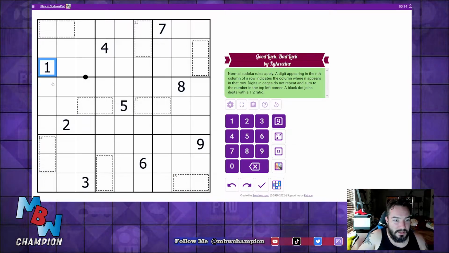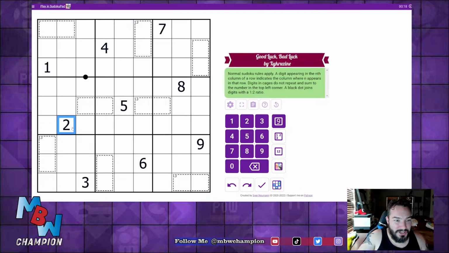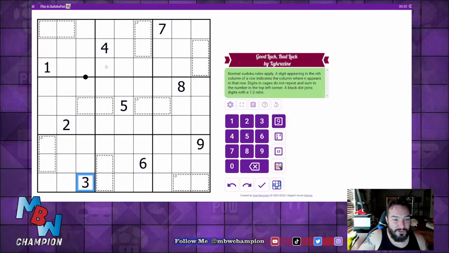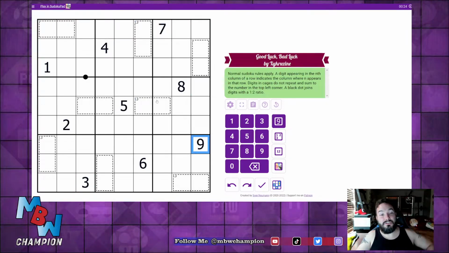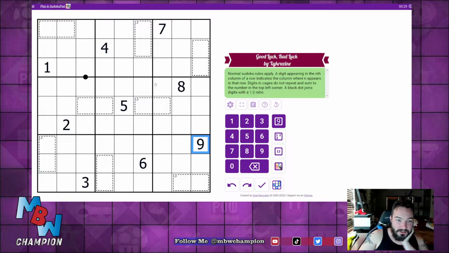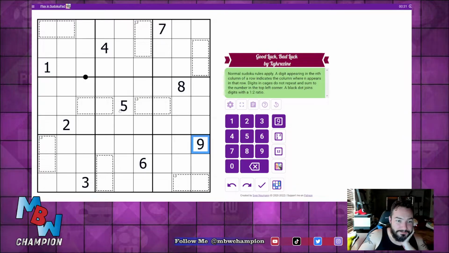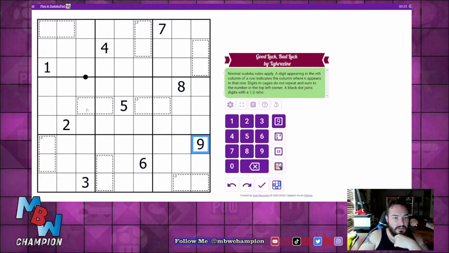You know what? In fact, I think all of them are the same thing. The 1 is in the first column. This 2 is in the 3, 4, 5, 6, 7, 8, 9. That's funny. So none of those numbers are going to help us because they're actually in the proper location. It's not going to tell us any numbers. All right, let's look at potentially